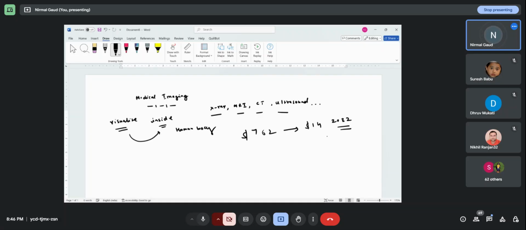So in 10 years, this much hike. Okay, so definitely that's the reason, that's the goal. We all are here. And there are so many applications of AI in medical imaging.